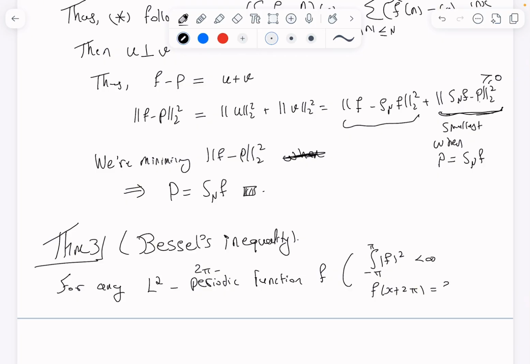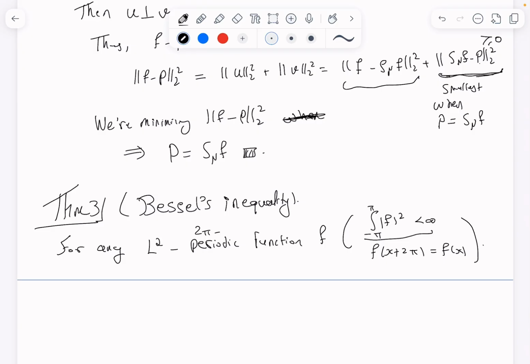So for any such function, and notice that it's enough to assume Riemann integrability, because if f is bounded, then this is immediately true. But anyways, so for any such function, we have